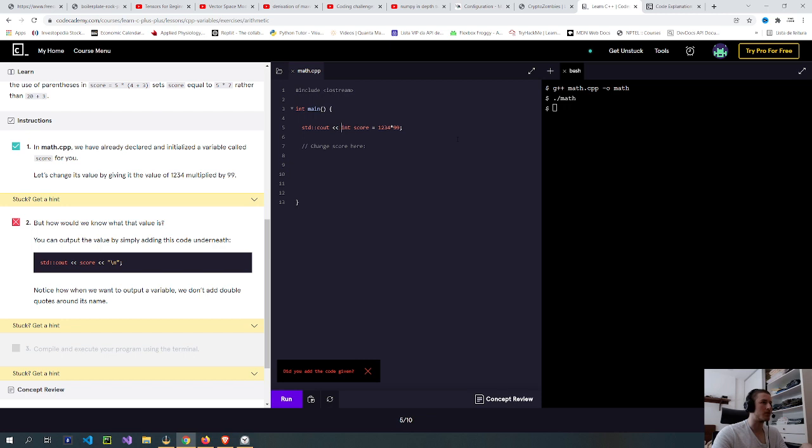And I have to put this stuff here. Yeah, I can already see why people say that C++ is a little bit more annoying than the other coding languages.